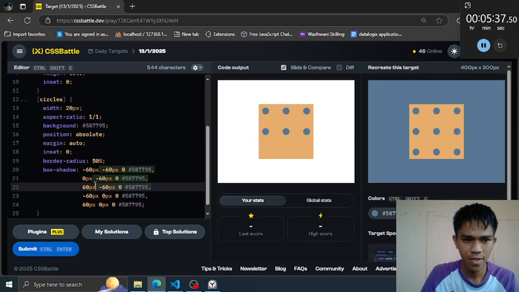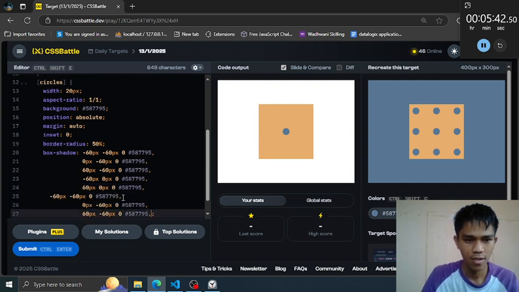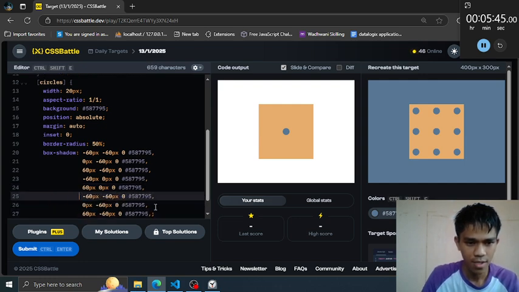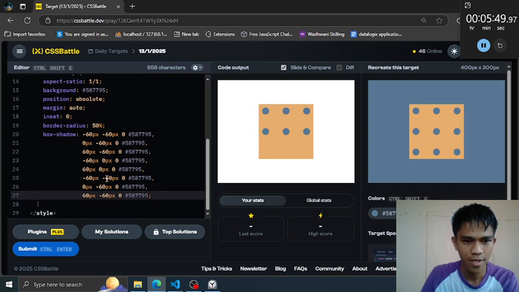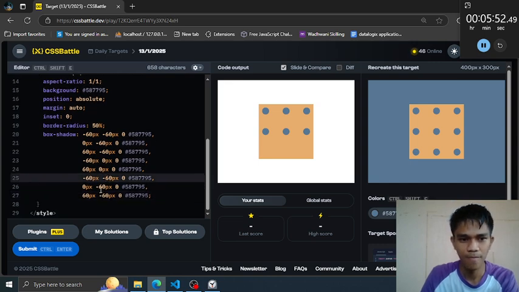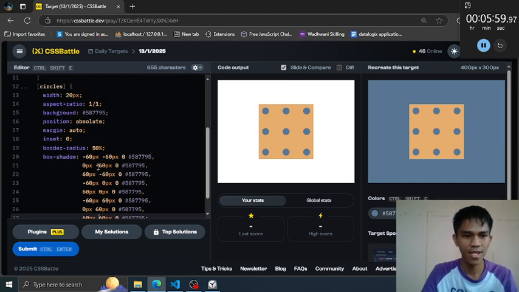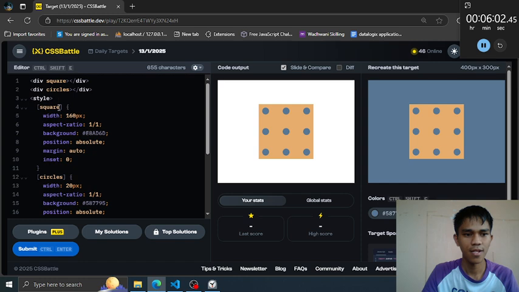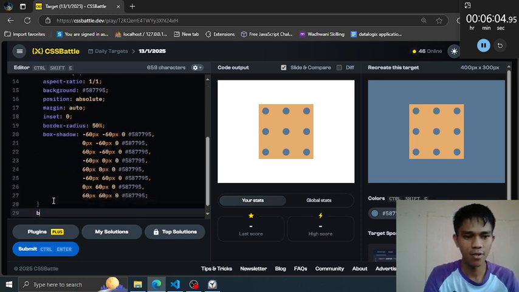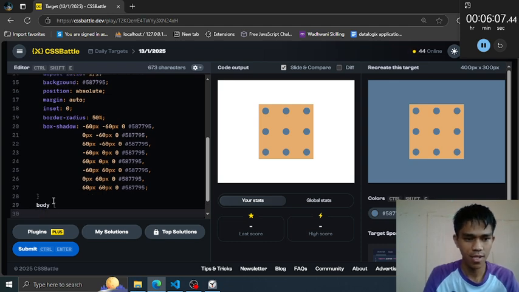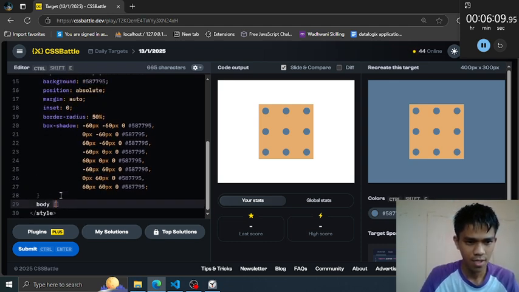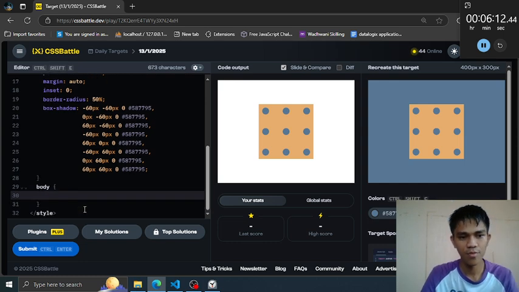And we can just copy the first 3 to the bottom, and invert their vertical offset from negative to positive. Okay. And for the last part, we can set the background color by saying body, curly braces.